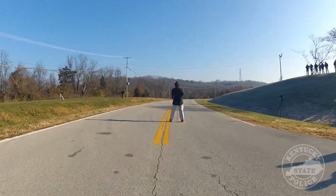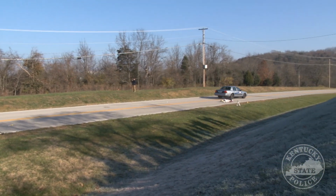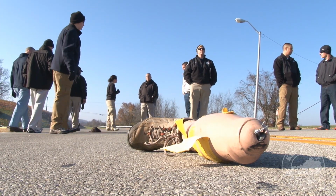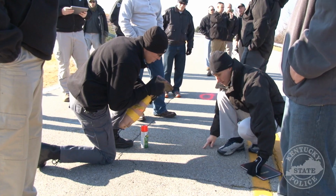This is the staged collision. What you have just witnessed is the highest level of training that we provide our investigators and reconstructionists. The staged collision is where the student themselves witness the collision, complete the investigation, and provide an analysis of what